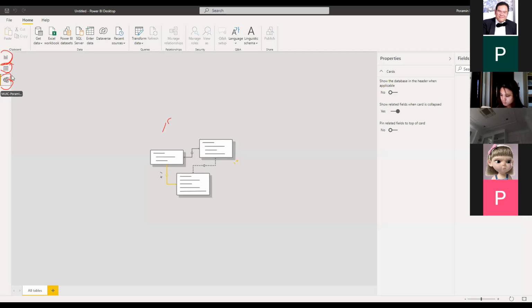Model view tells us about the relationships of the data that we may have in the data view. Normally, every time you get data from us or an external source, let's say from Excel, each worksheet will be called a table in Power BI. If you have 5 worksheets, Power BI will import them as